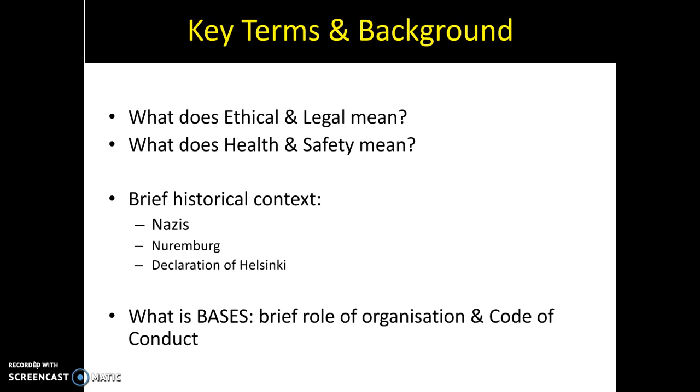Finally, the BASES organisation role and code. Amongst the different research that takes place across the country, there are often different organisations which need to be in place depending on the different areas of research. Therefore, in terms of sports science, the organisation BASES plays a significant role and provides a well-executed code. This code is produced for sports science practitioners and researchers, which outlines ethical and legal issues along with health and safety guidelines, therefore playing a vital role in the progression of sports science research, whilst at the same time ensuring the well-being of all sports scientists and researchers during studies.